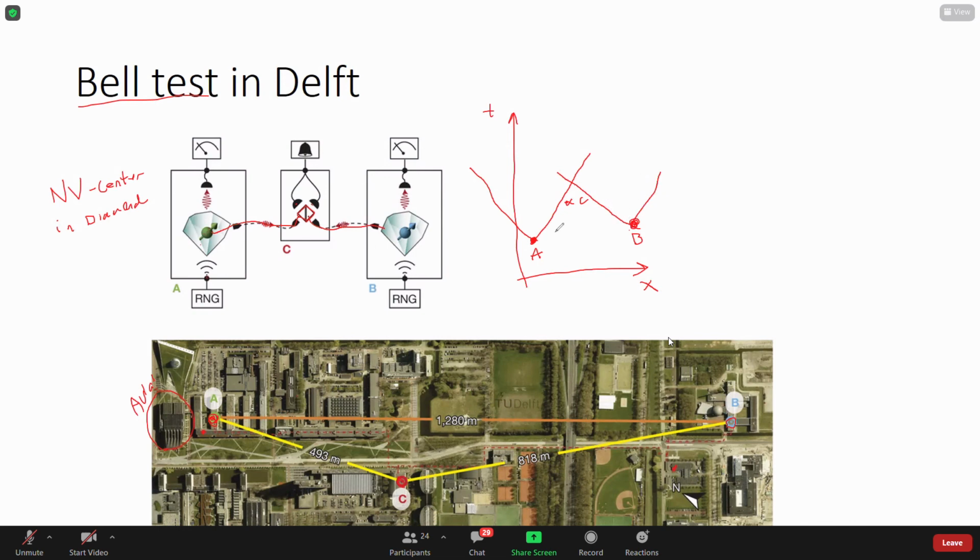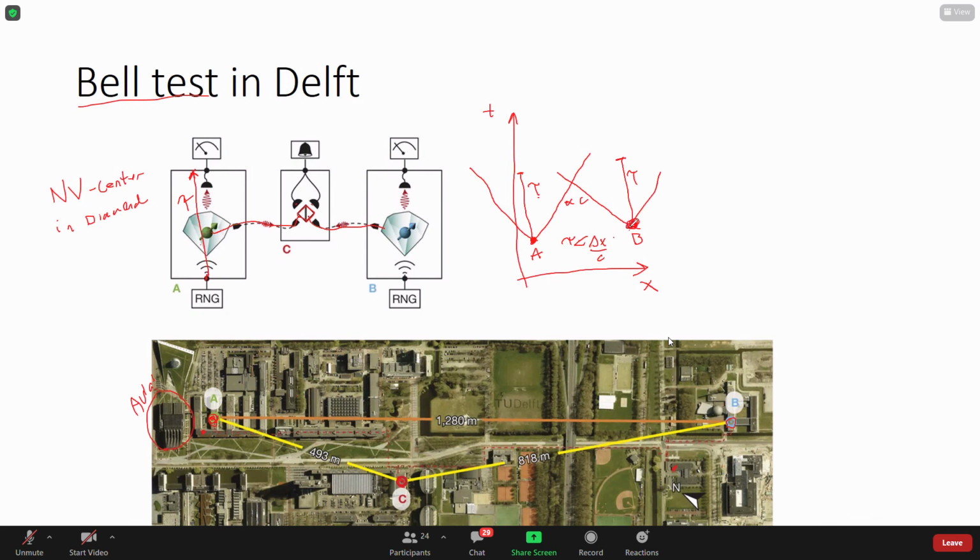Bob's decision will also have some space-time light cone. But the challenge is that the time it takes from when you make this decision until you get the output of the qubit takes some time. Let's call that tau. So that sits here, tau, and here you will also have tau. So what you need to make sure is that tau should be shorter than delta x divided by c,